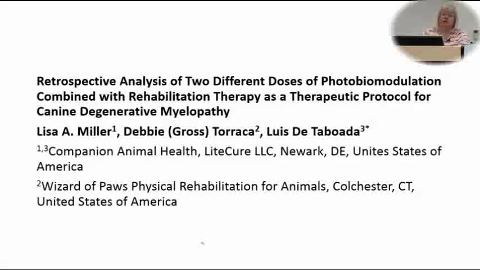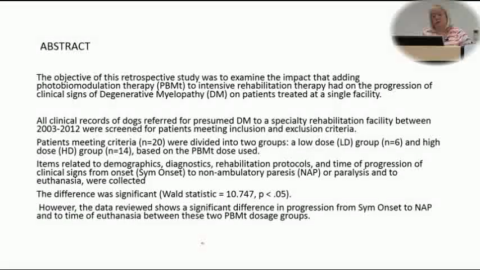There's a lot of words on here. You can certainly read it yourself in your notes, but pretty much the object of this respective study was to examine the impact of adding photobiomodulation therapy to intensive rehab and whether that would decrease the progression of the clinical signs of the DM. And what actually had happened at Debbie's facility, because she has always treated DM, and she